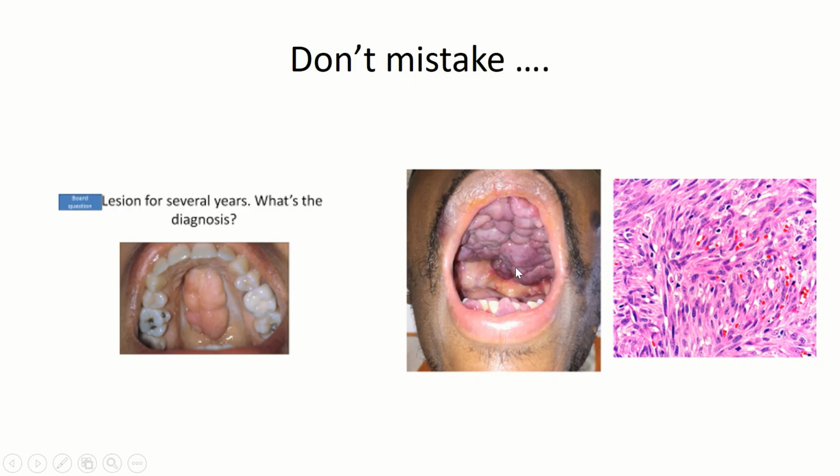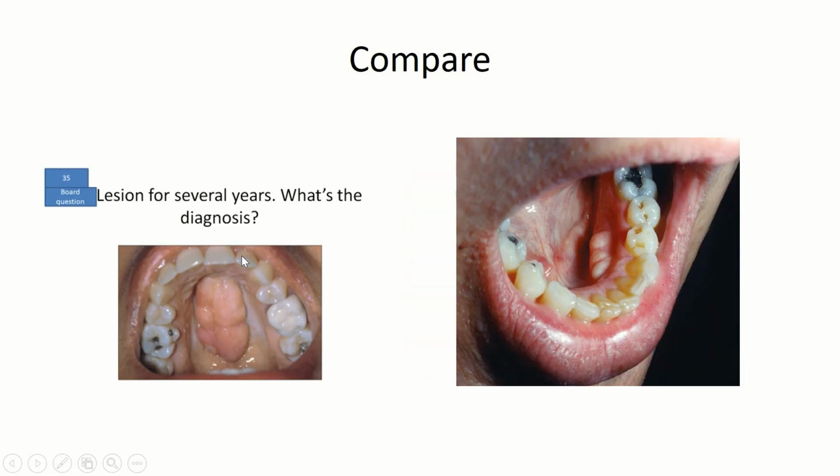As you see here, there is patch and plaque infiltration on the hard palate, and here in histopathology there is spindle cells, RBC extravasation, and vascular proliferation indicative of Kaposi sarcoma. As you know, Kaposi sarcoma in the background of HIV commonly involves the head and neck region. And the next question,